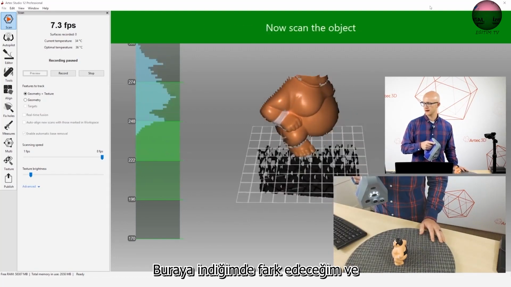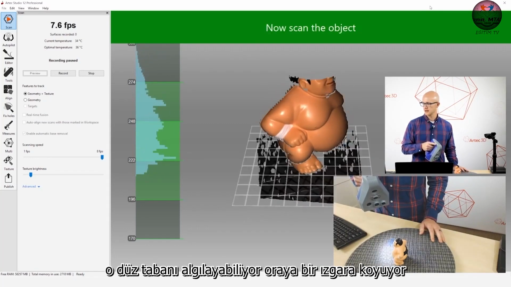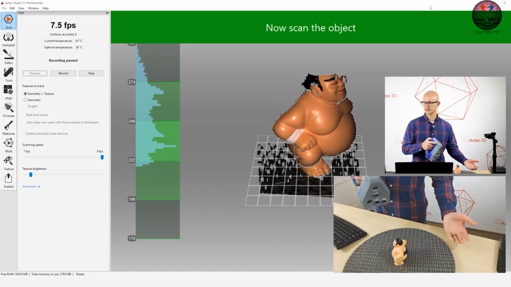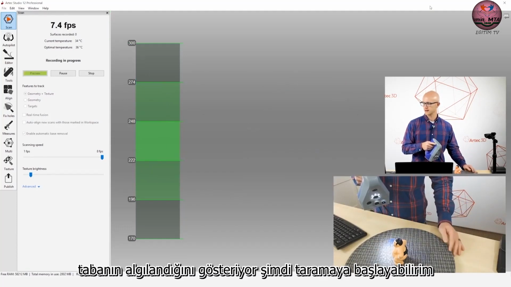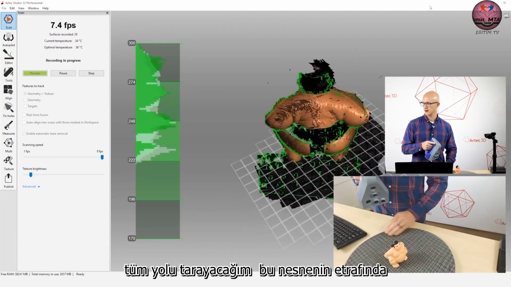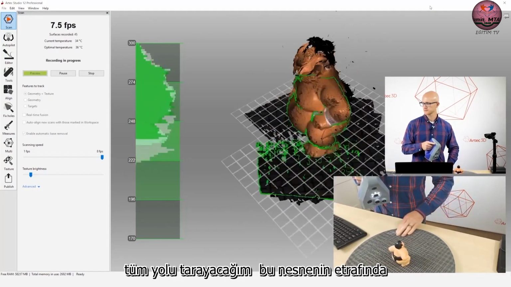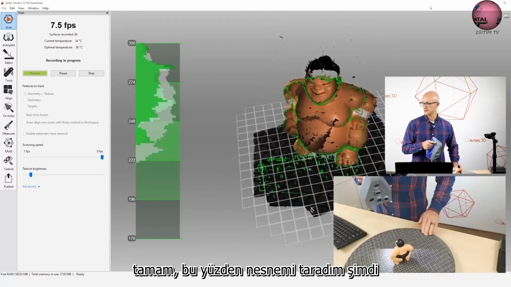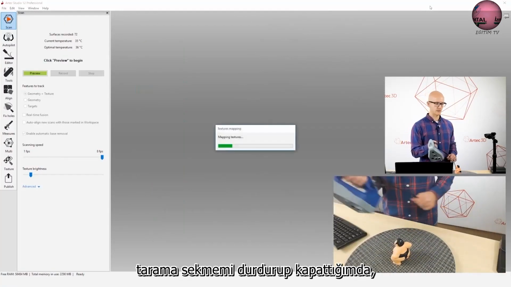notice when I get down here and it can detect that flat base, it puts a grid out there showing that it's detected the base. Now I can start scanning, and it keeps that grid right there. Now I'm going to scan all the way around this object. All right, so I've scanned my object. Now when I stop